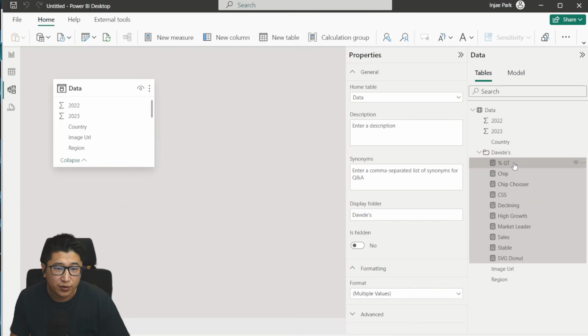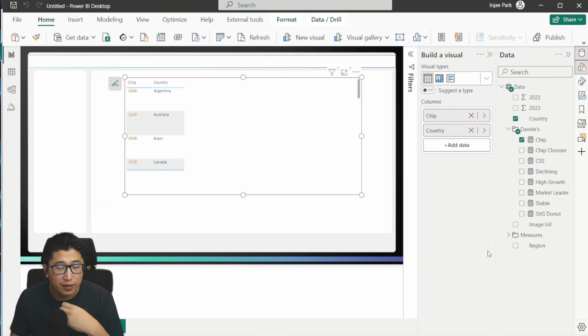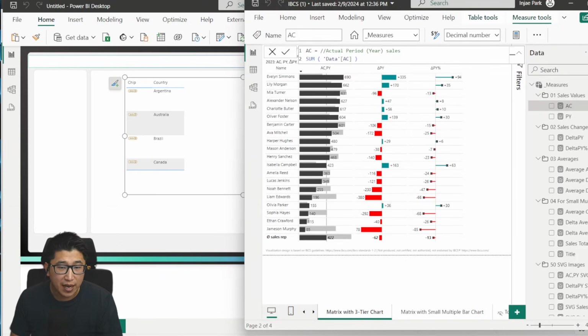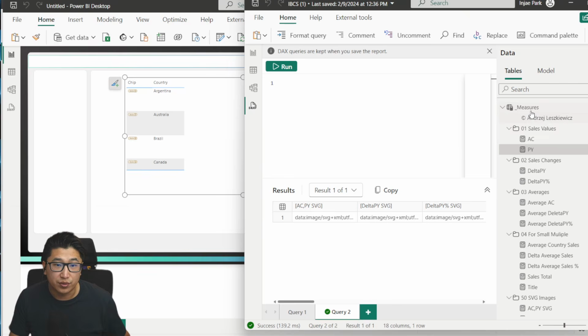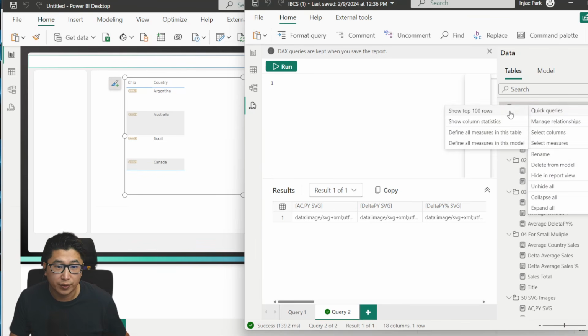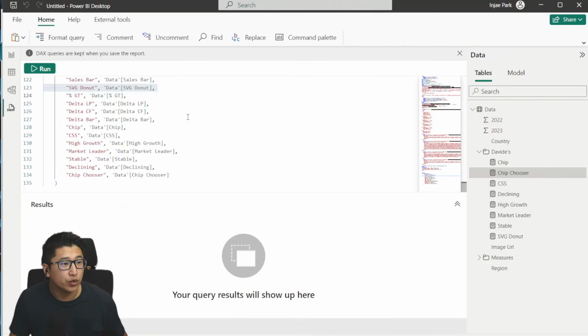I might take, for example, %GT and sales outside as measures, and you'll see why in just a second. Now, what we're going to do is the same thing to Anjay's file. We're going to go to DAX query view, remove all this, and query all of the measures in the model, copy all of these,